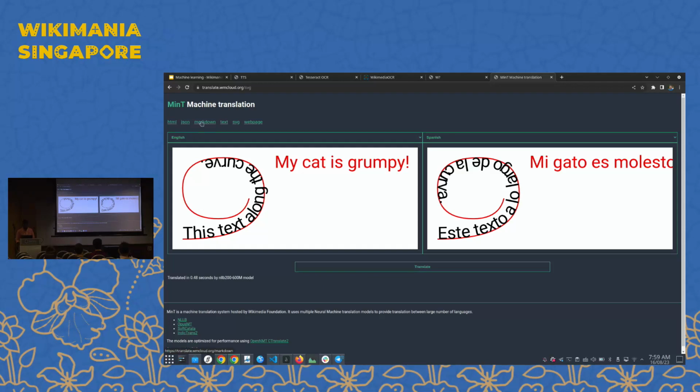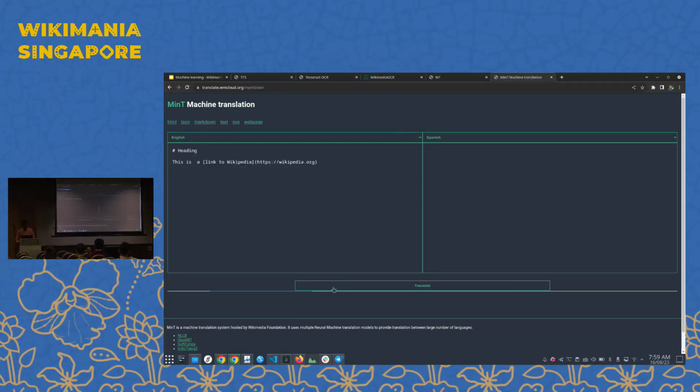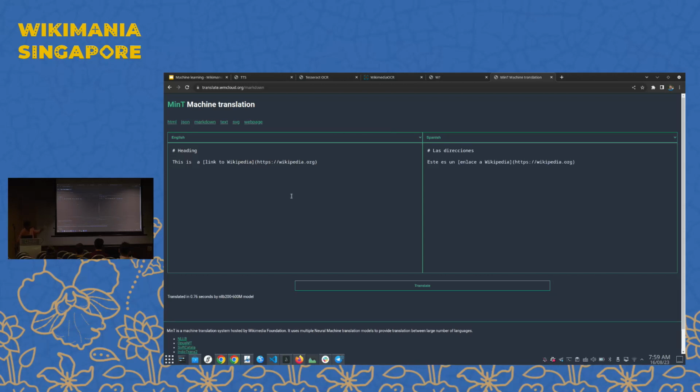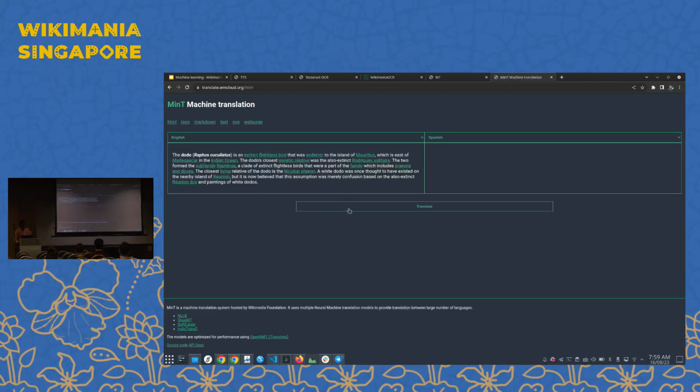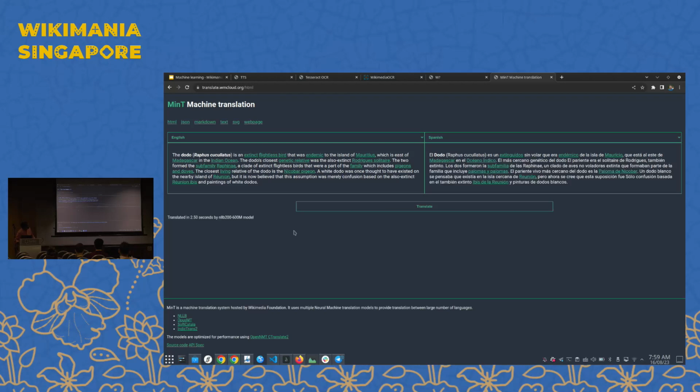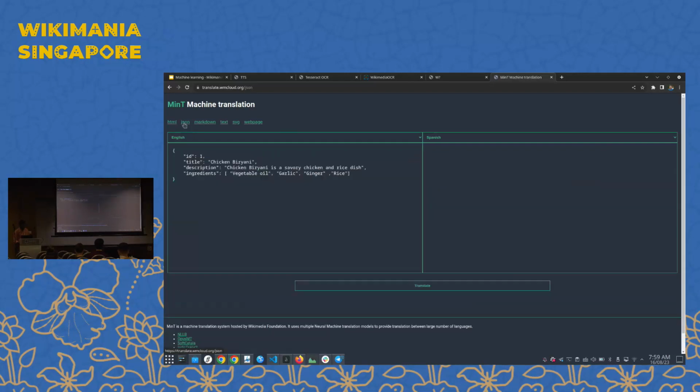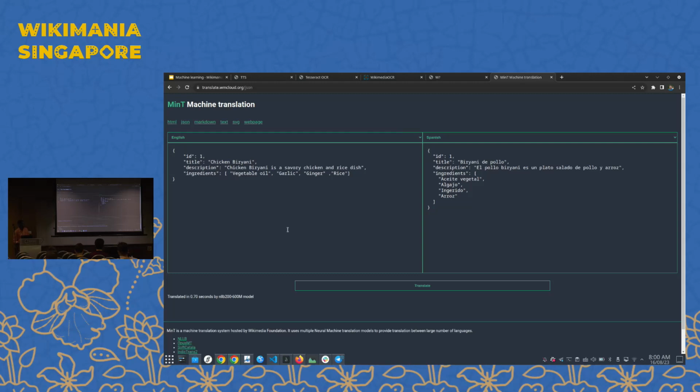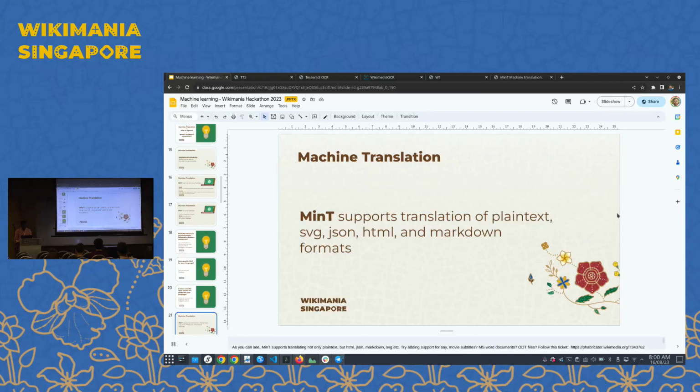While I'm showing this demo, I can also show this markdown sample. So you can see that the links are also adapted inside markdown. I was talking about HTML, so this is an example. Even if the link text is completely changed, it will retain the links. Formatting, any kind of formatting, links or any arbitrary HTML structure is supported. JSON, for example, structured documents like this, you translate, the values that are strings will be translated to your target language, to 198 languages. Let's go back. So some ideas.